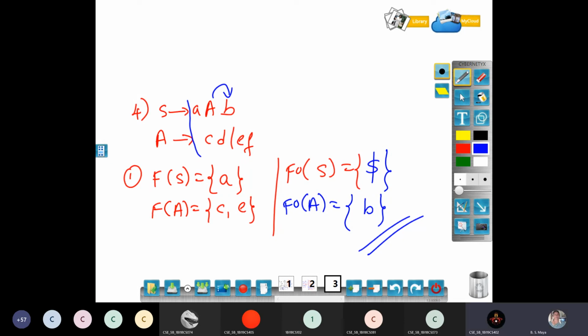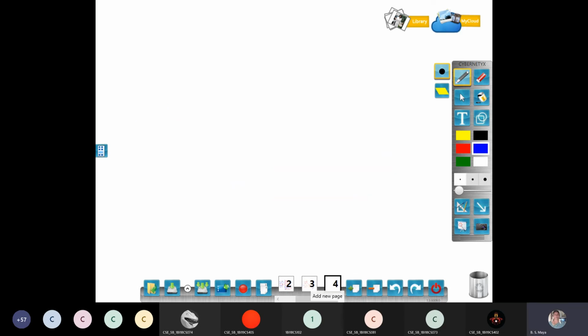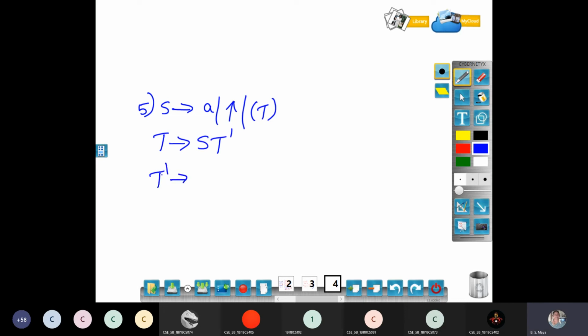Yes, ma'am. Okay, I will go for the next one, a more simple problem. As per your work, you computed the fifth problem. I write only the resulting productions, but you have already removed the left recursion and left factoring for the same problem. T derives, T dash. Okay, this is after removing left recursion. T dash and epsilon. Okay.